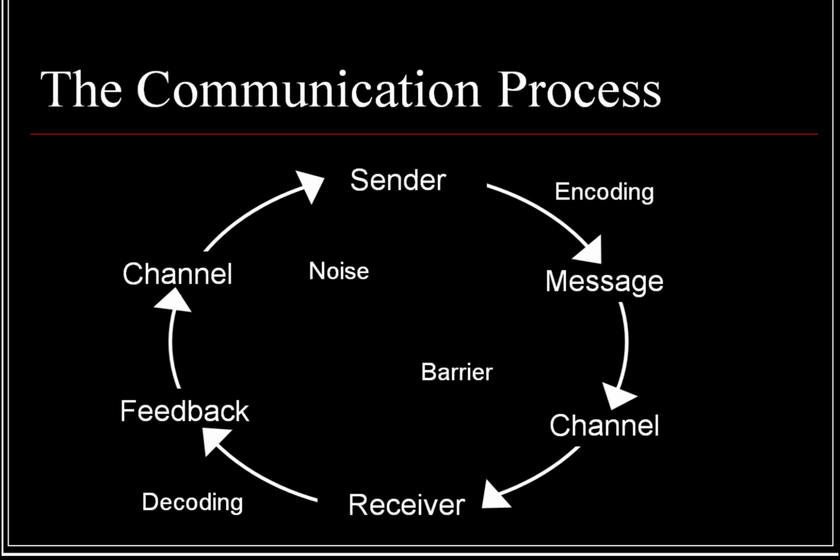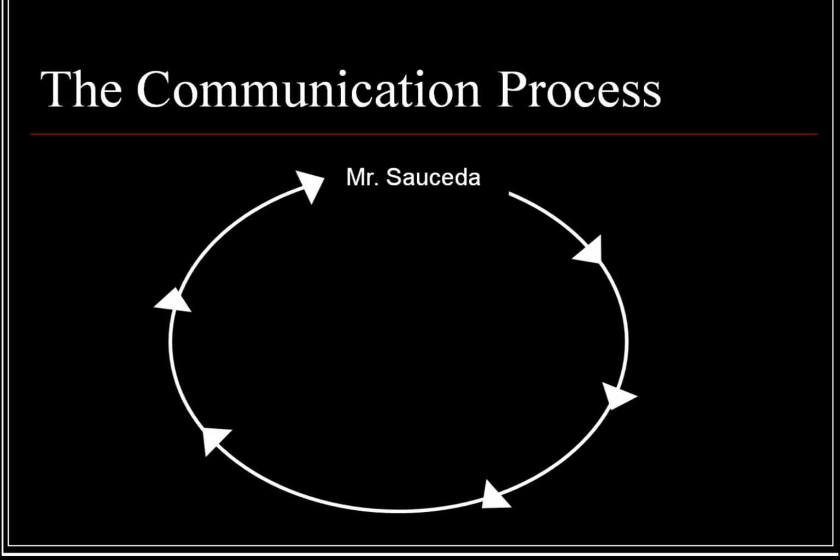Then you have things which are called barriers, which are simply very strong items or situations that are in place which simply block communication. For example, you did all you could as a sender to encode the message, send it correctly, send it through a great channel, but there was something that just totally shut the communication down. Let's take a look at an example of the communication process.